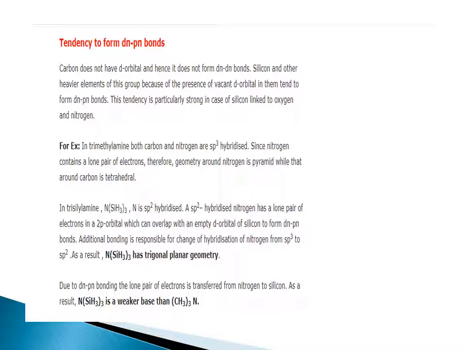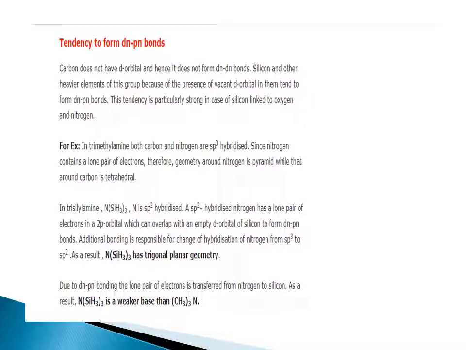In trimethylamine, both carbon and nitrogen are sp3 hybridized. Since nitrogen contains a lone pair of electrons, the geometry around nitrogen is pyramidal, while that around carbon is tetrahedral. And in case of